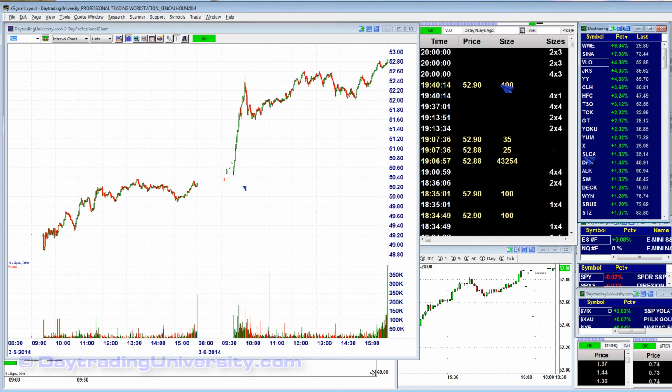This one did really good. And you could see here, minor gap. Always be on the